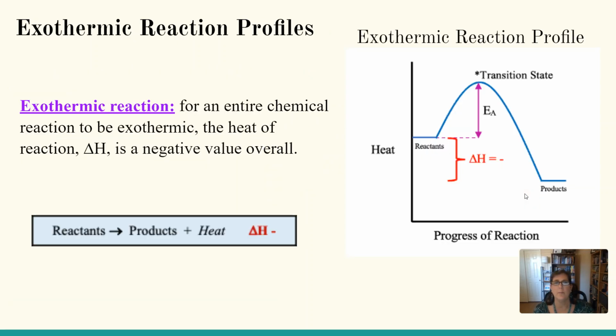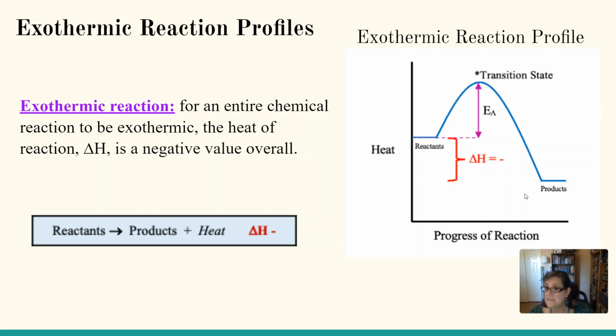Let's look at exothermic. This time, the reactants start up high. The reactants are higher than the products. The reactants are on the left there. That blue line is the reactant heat energy level. We have to go up to the transition state, then we go down to the products. And the products are lower than the reactants. That's because this is exothermic. The heat exited, it went to the surroundings. So we started out with reactants, but the heat exits, so the heat goes down to the products. So the products are lower.